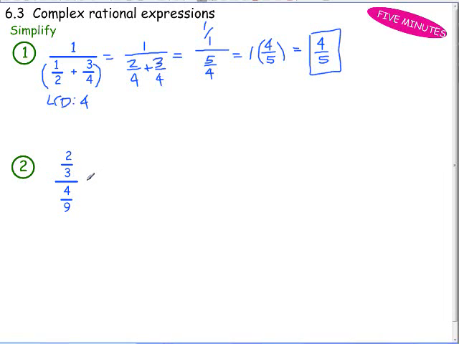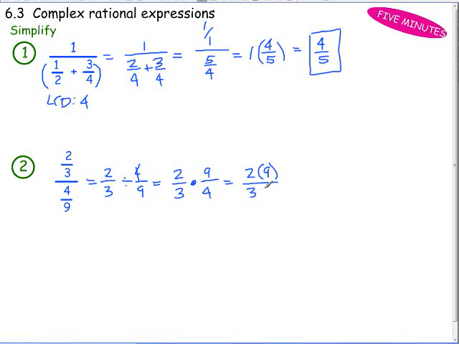How about this one? I could just go to stay, change, flip, couldn't I? This is the same as 2/3 divided by 4/9, which if I stay the same with the first one, 2/3, change from division to multiplication, and take the reciprocal, 9/4. Then I have 2 times 9